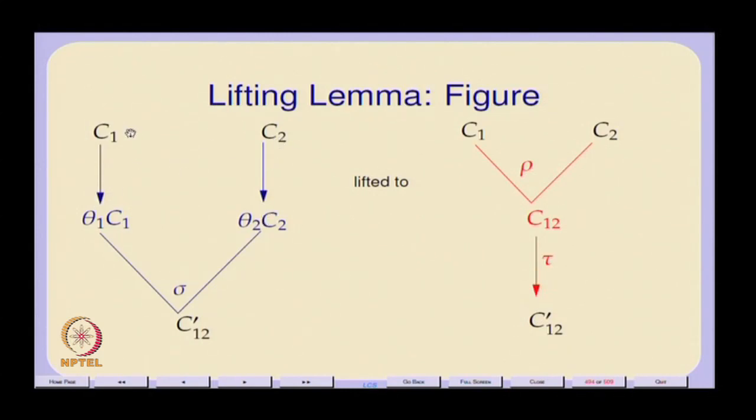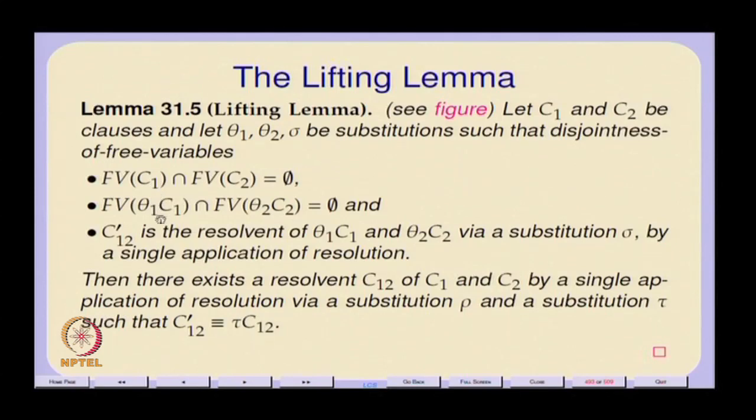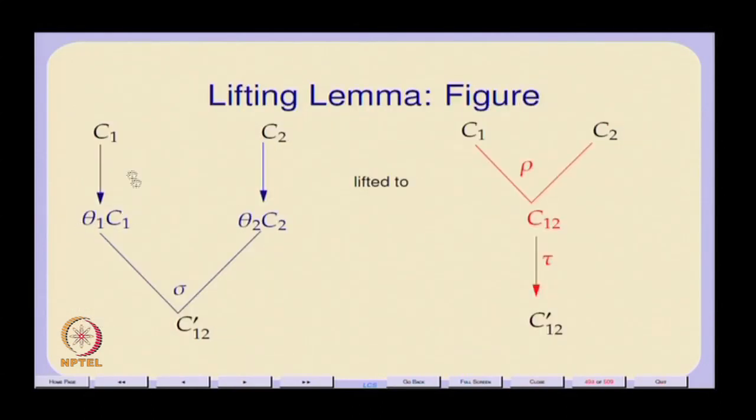So, the disjointness carries all the way up to here. That is what these two conditions specify: the free variables of C1 are disjoint from the free variables of C2, and the free variables of theta 1 C1 are also disjoint from the free variables of theta 2 C2. Supposing I guarantee these two conditions,